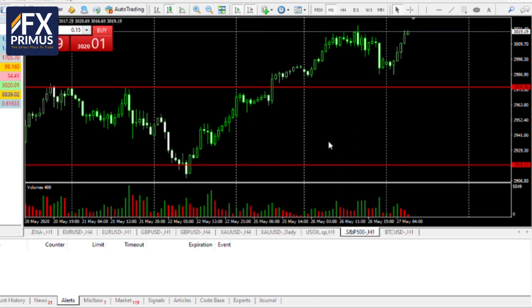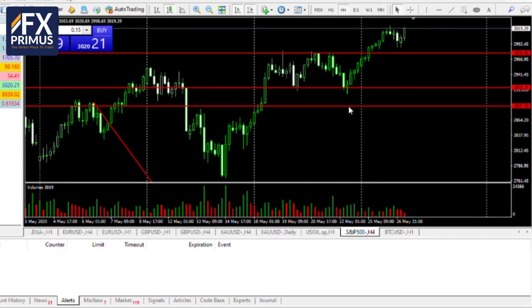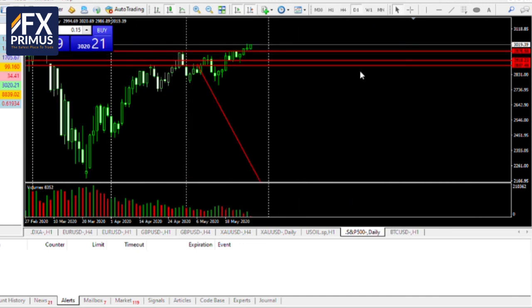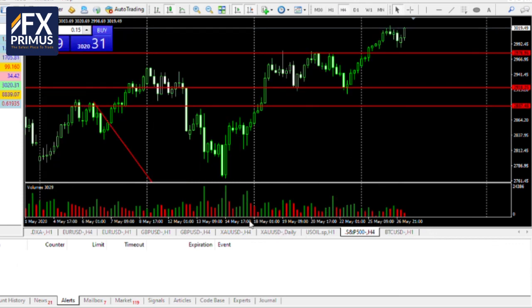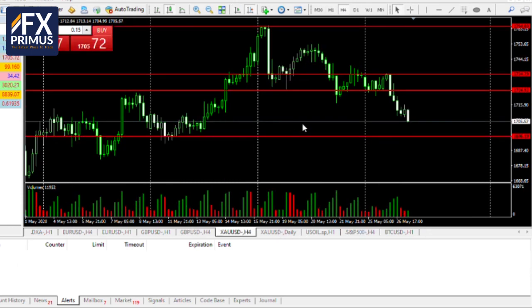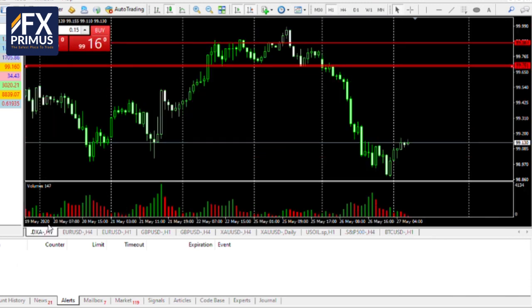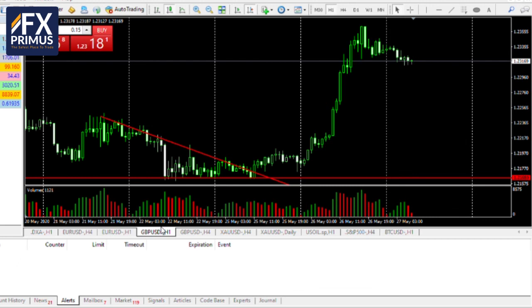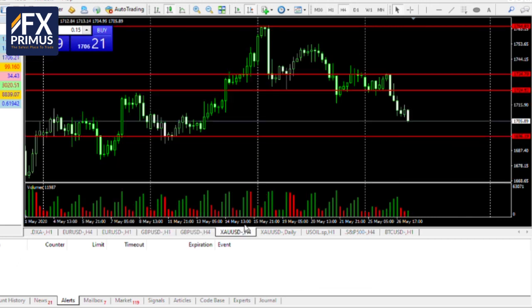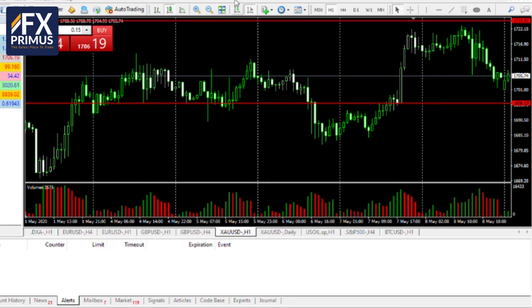For the S&P 500, again, the S&P 500 or equities is still on a bullish trend, and it's likely to maintain its very bullish sentiment in the short term. Okay, so there we have it, the analysis for US dollar, for euro dollar, for the UK pound, and also for gold prices. Okay, so US dollar generally still weak,